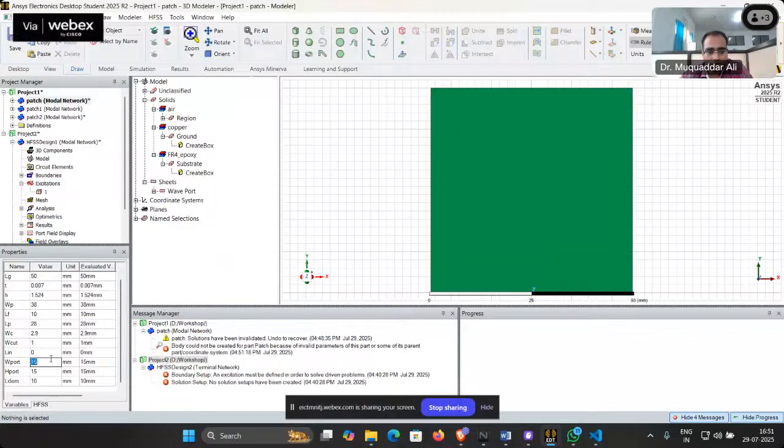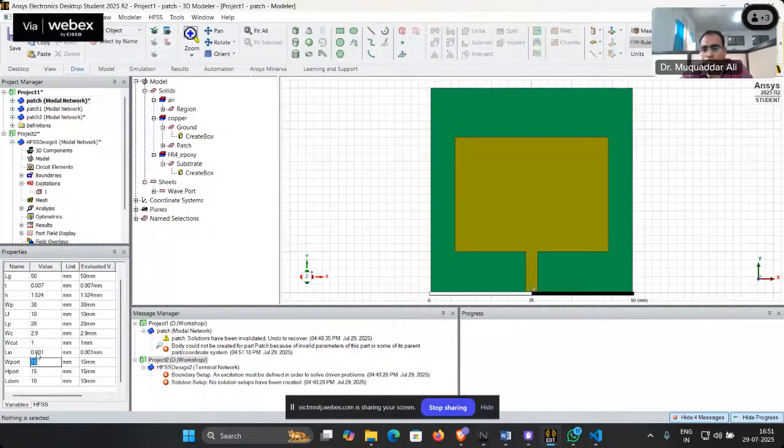So here you see there is an error. Body could not be created because I created a 3D object, but I gave one of the dimensions as 0. So that gives me an error. So if I want to completely eliminate it, what I can give is 0.001. So it has no impact here. It is still present there, but it is effectively not there. And if I give it 5,